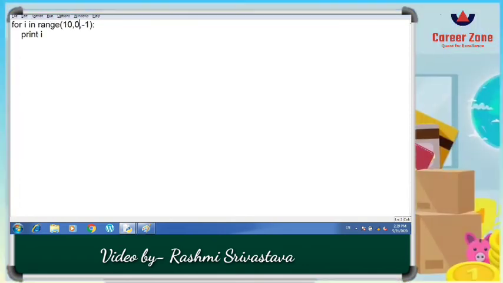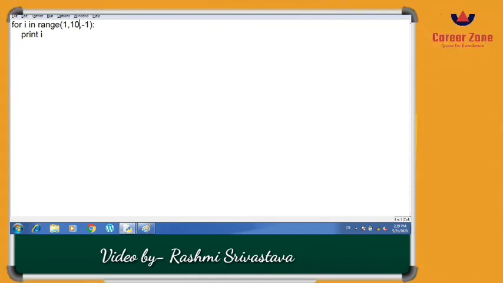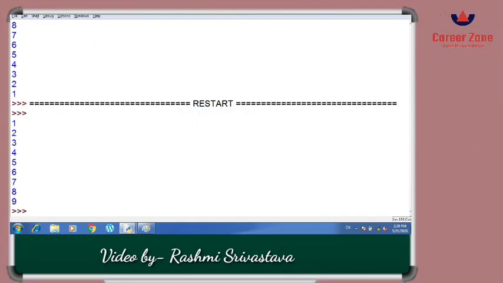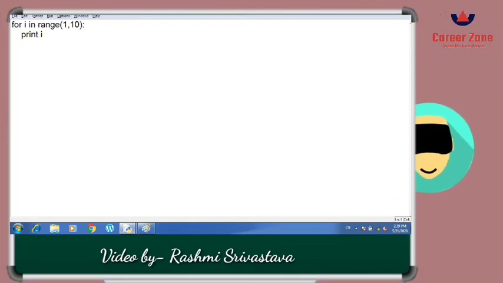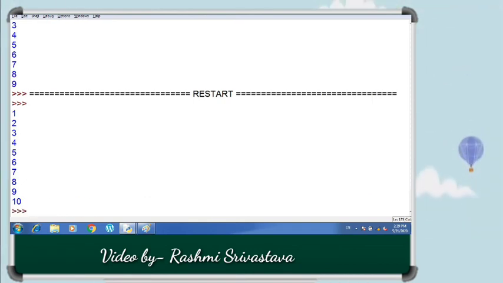So let us print the ascending one as well, starting from 1 to 10. For ascending, if you want to get the values from 1 to 10, you need to write here 11, otherwise it will print till 9 only. Let's see what the output is here. Now when I run this program, I'm going to get the values, see, till 9, because 10 is excluded. So I will write here 11 and then I will run the program. For the positive increment, you don't need to write any value 1. Even if you write it, it is not going to give you any error.